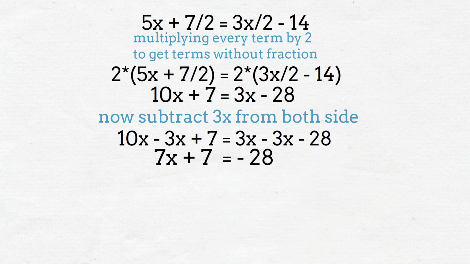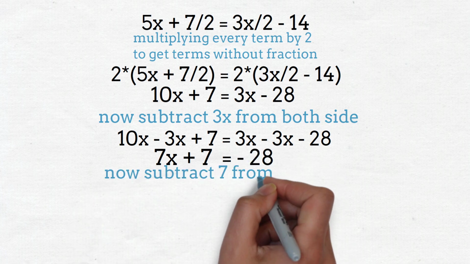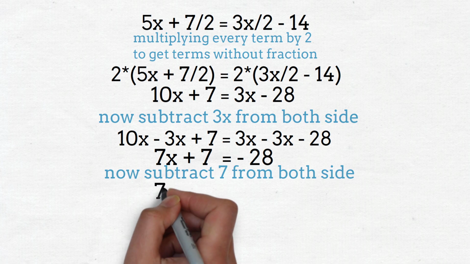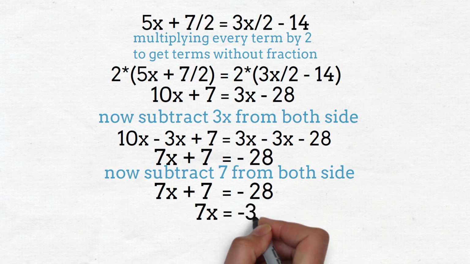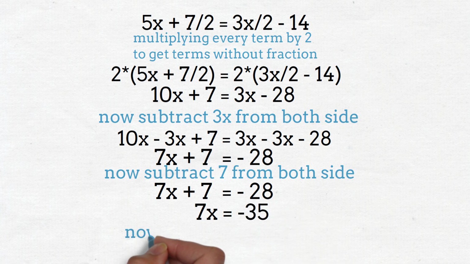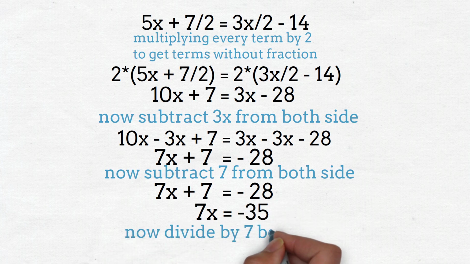Now subtract 7 from both sides. 7x plus 7 minus 7 equals minus 28 minus 7. 7x equals minus 35. Now, on dividing by 7 on both sides,